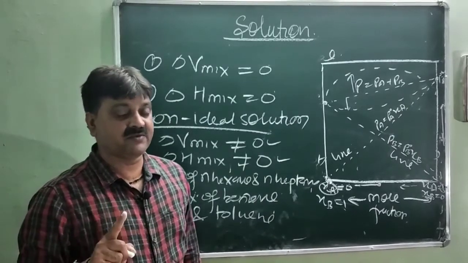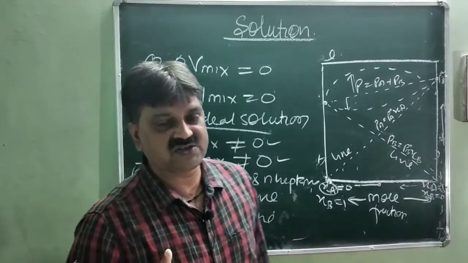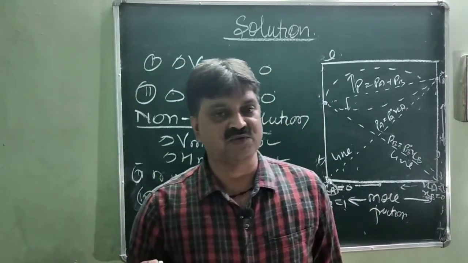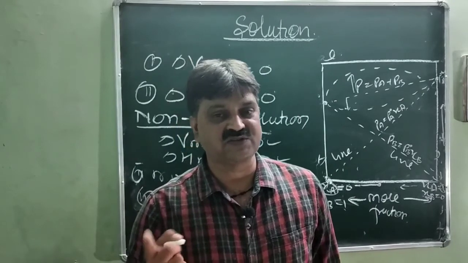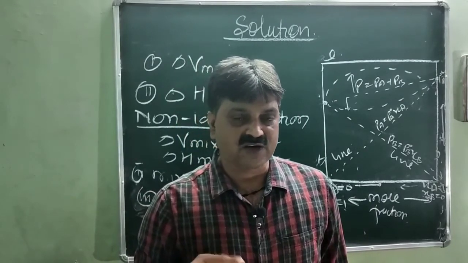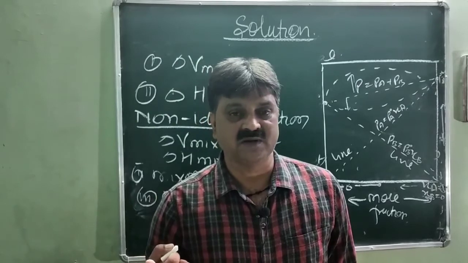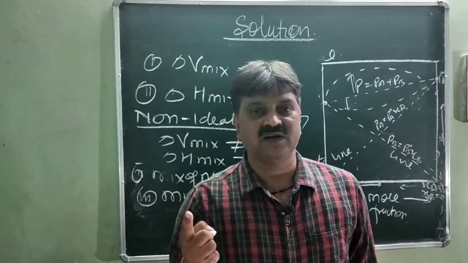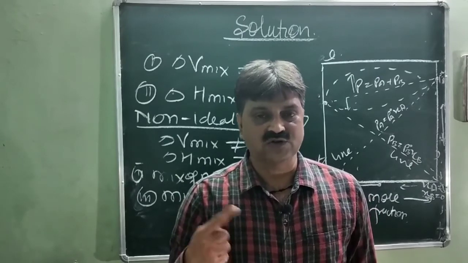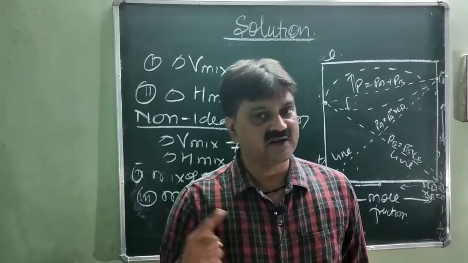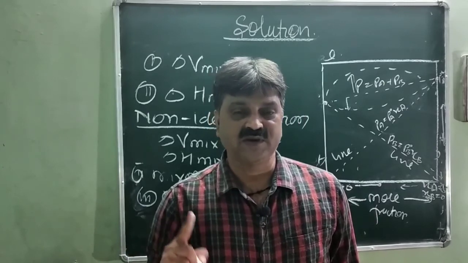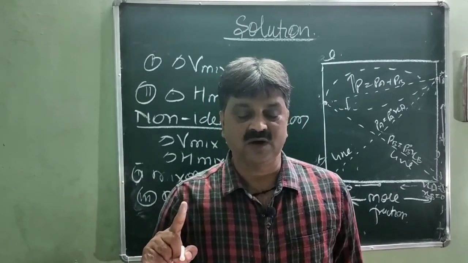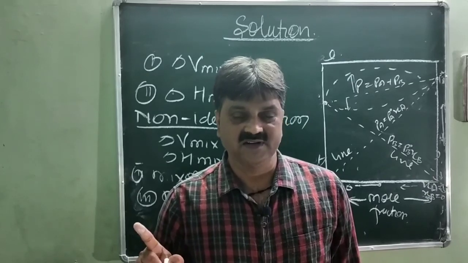So at this state we will discuss the deviations of the mixture from Raoult's law, either positive or negative. So that is the deviation from the ideal solution in terms of the non-ideal solutions. Is it clear? Next time we will discuss the deviations of the solution from Raoult's law, that is positive deviation and negative deviation, with explanations given with mixtures of non-ideal solutions. Is it clear? Thank you.